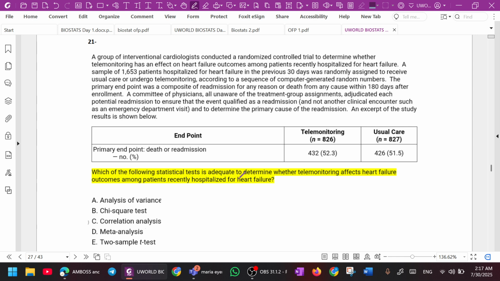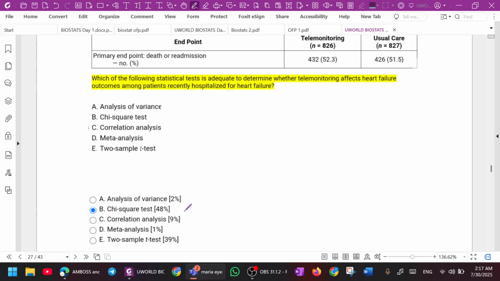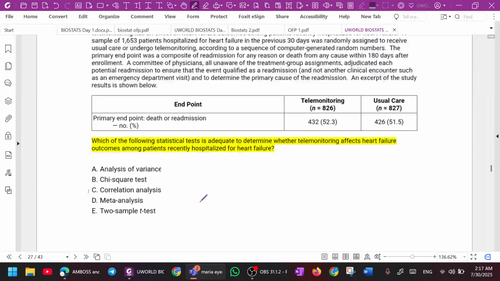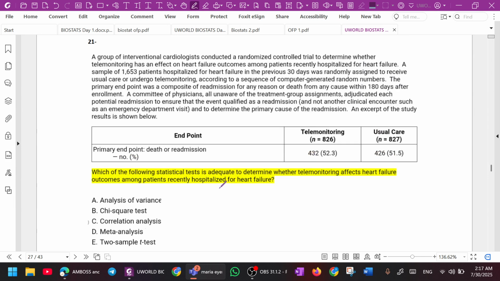Why do you say it is categorical? No, it's a t-test, I think so. Okay, it's categorical. Now what is your answer? Okay, it is categorical because